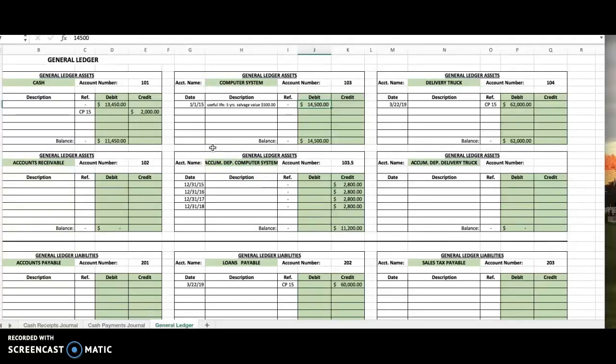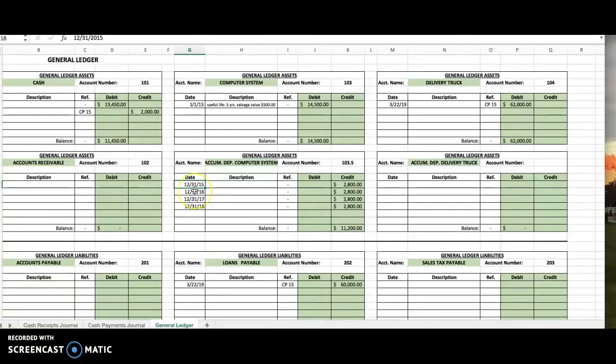If you remember how we do this, we subtract the salvage value, 500, from the original cost, 14,500, and the difference is 14,000, which is depreciated over the course of 5 years. So if you divide 5 years into the 14,000, you'll get a depreciation of $2,800, and that's what's shown in the account just below. This account, accumulated depreciation for a computer system, you see entries have been done at the